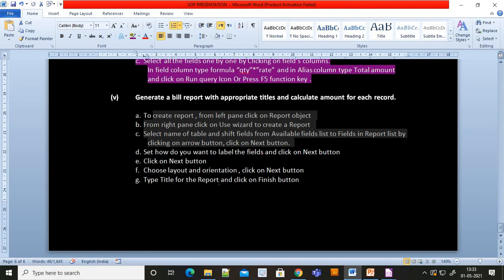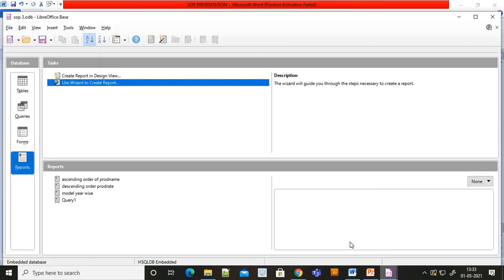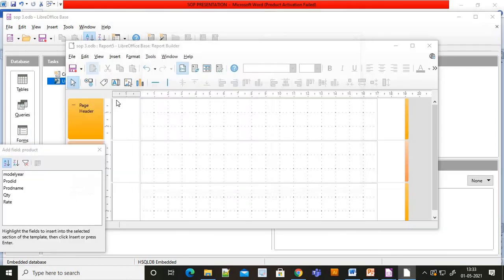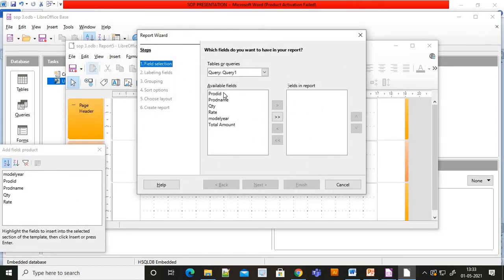Now I have to show the final part. In that I have to show my main thing here in reports. I can show product ID. First I have to transfer everything. Click on next.